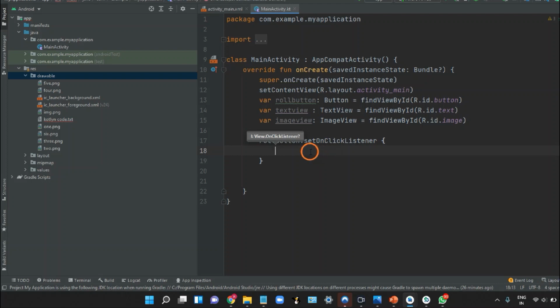First of all, let's define our variable c, which is of type int.